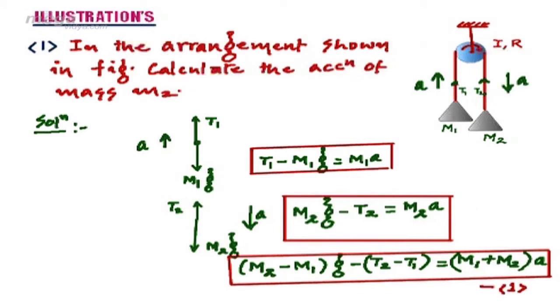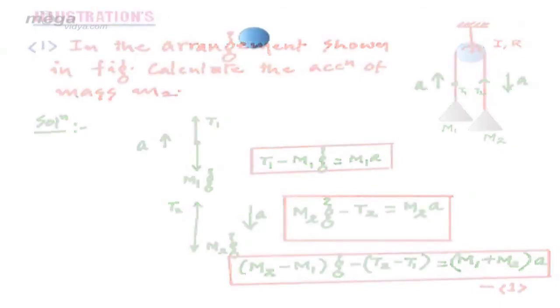Now, using the torque equation for the pulley, we can easily see two forces T1 and T2 acting along the sides of the pulley. For both cases, the radius is taken to be r, and overall the pulley is rotating in an anti-clockwise fashion. Using the concept of the torque equation, we can say T2r minus T1r will be equal to I a upon r. We have directly used the result alpha is equal to a upon r. This will give the result T2 minus T1 will be equal to I a upon r square.